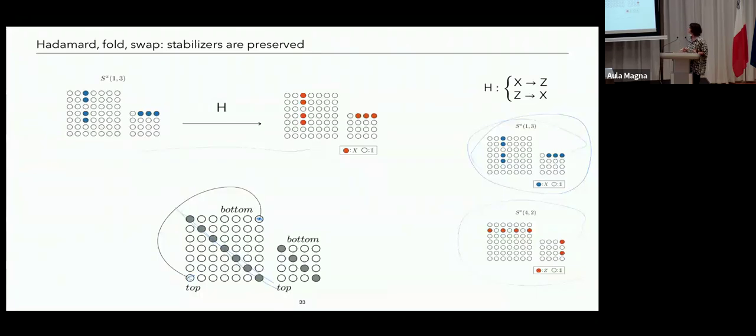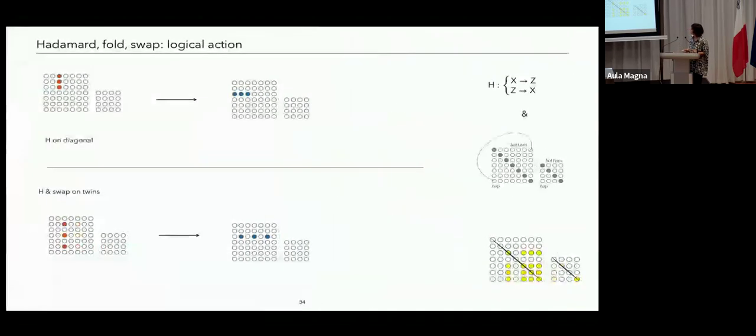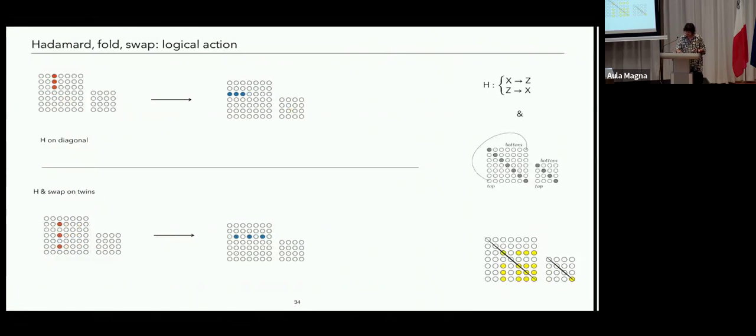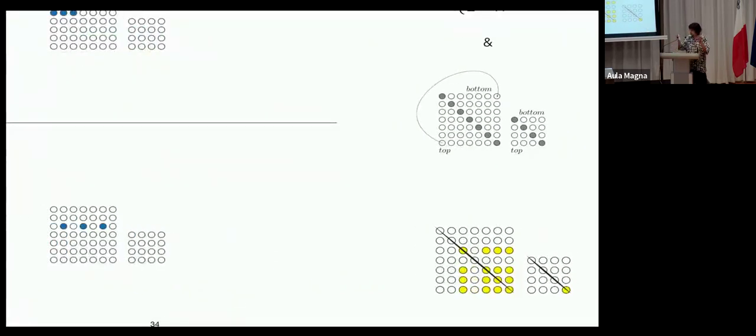And if we do this, we find that the stabilizer is preserved. So just by folding and swapping, I preserve the stabilizer. And it's not difficult to see that in the same way the logicals are exchanged. And what happens is that with this operation, on a code with more than one logical qubit, I've done Hadamard